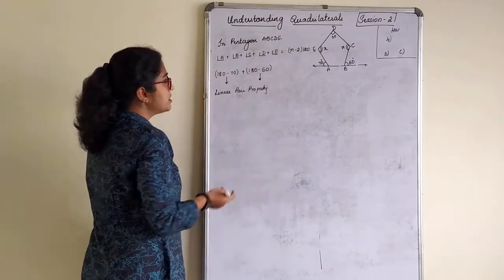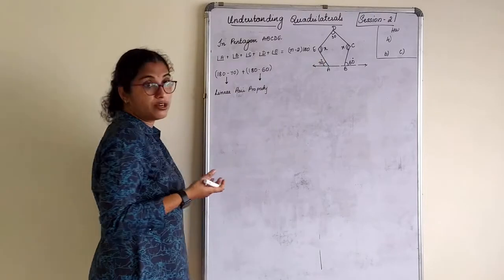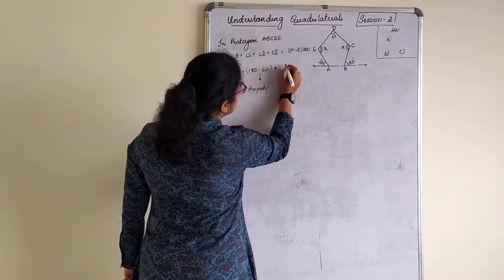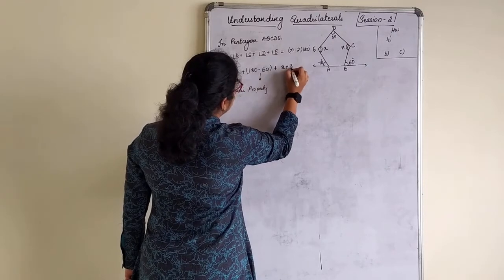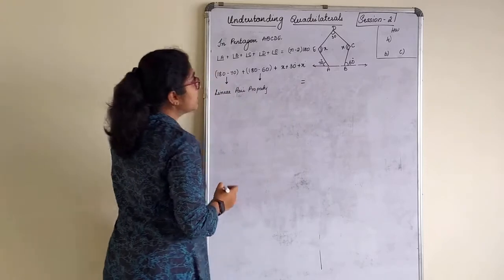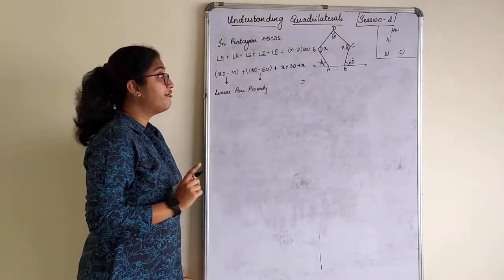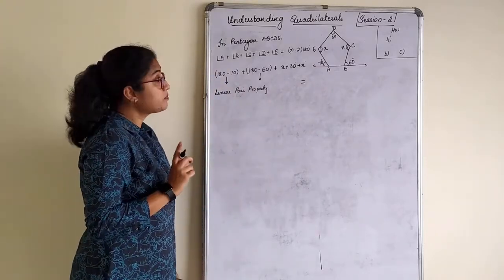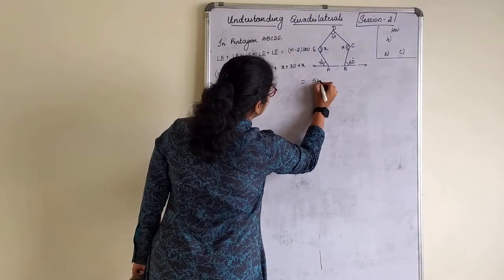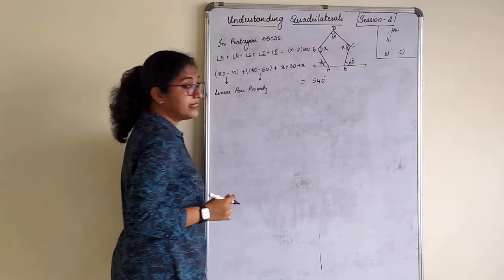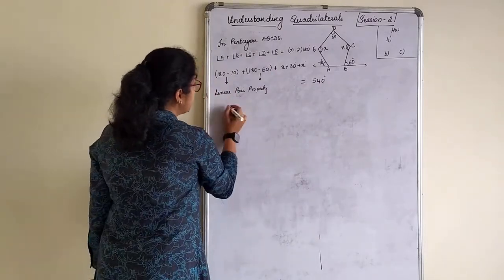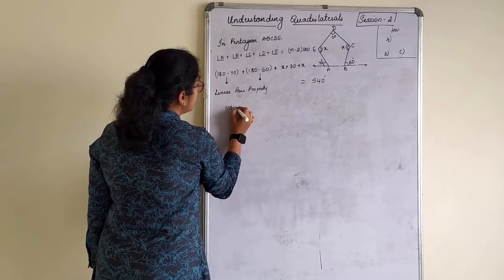Use pencils to do this because I can't write there. I should know for what I have taken that 180, not for the whole, only for these two it is. Angle C is what? x plus 30 plus x. I'll write here, children, is equal to (n minus 2) into 180, n is 5, 5 minus 2 is 3, 180 into 3. So I get 540 degrees.